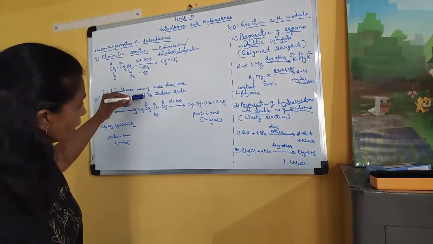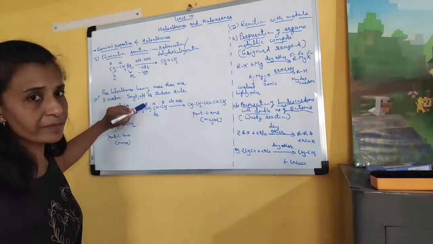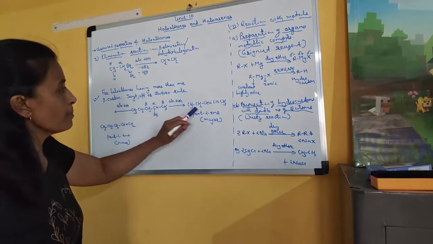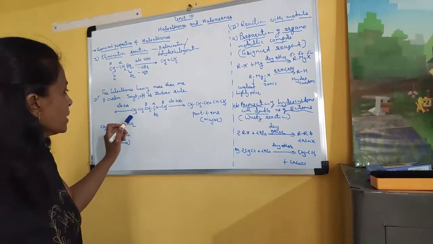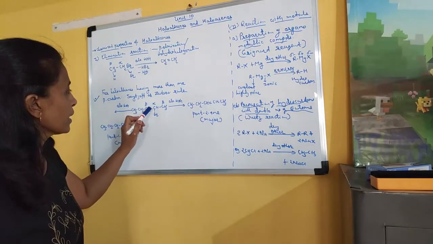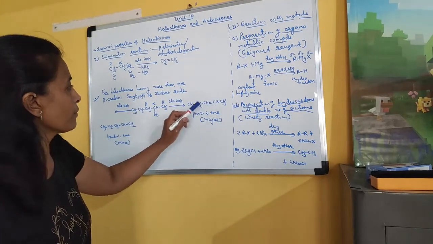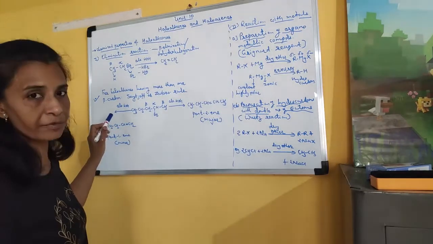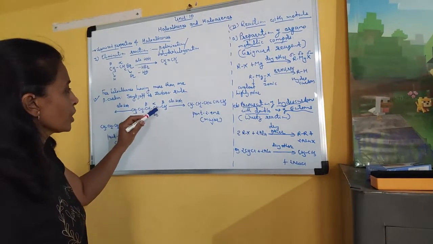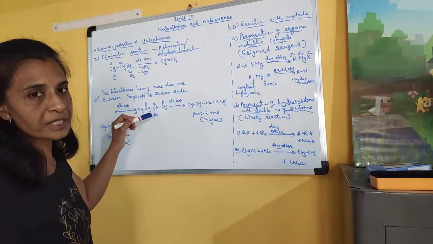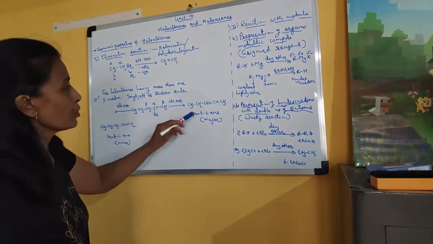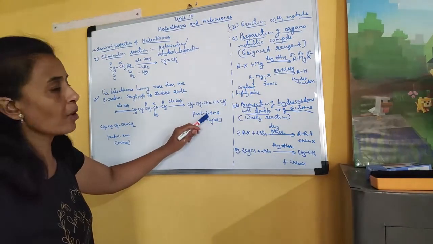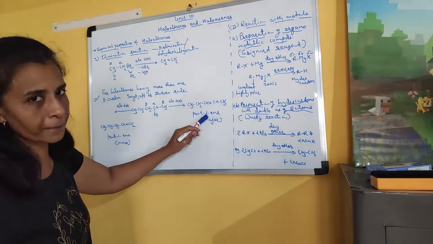One, if this is considered as beta carbon, then the double bond will be formed between these two. It means we will get this type of alkene. 1, 2, 3. Third and fourth, these two carbon atoms will have the double bond, and so it is pent-2-ene. From this end we will start counting. Clear? So the carbon containing halogen must get the lowest possible number. So here 1, 2, 3, 4, 5. So the second carbon has the double bond, so it is called pent-2-ene.